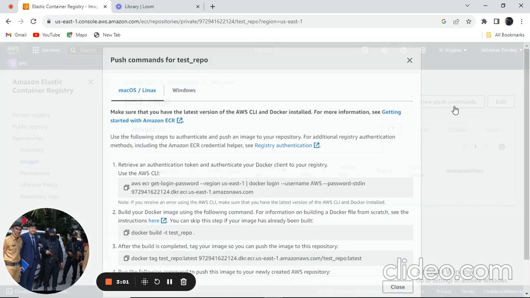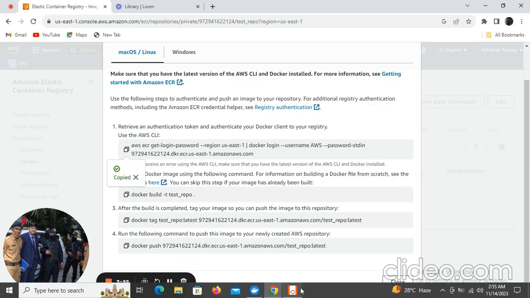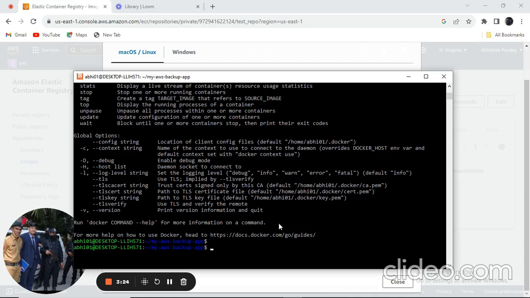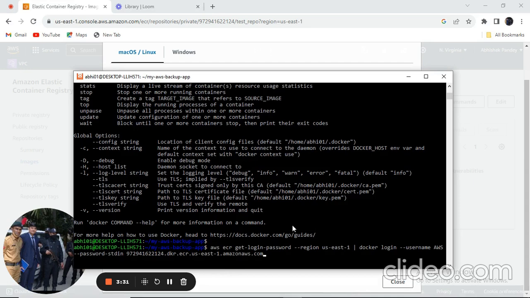These commands we run in our Ubuntu terminal for the login process, for the Docker build process, for the Docker tag, and also for the Docker push process. So we simply copy from here and run these commands in our Docker terminal. So paste here, and we also give sudo, because